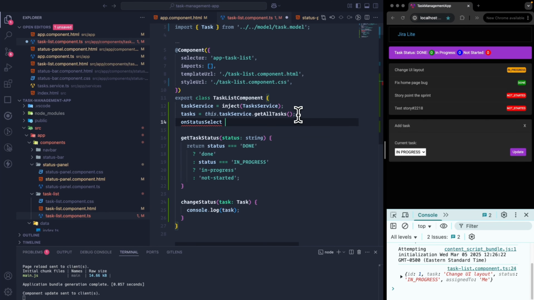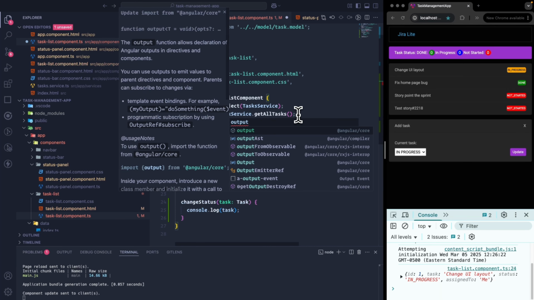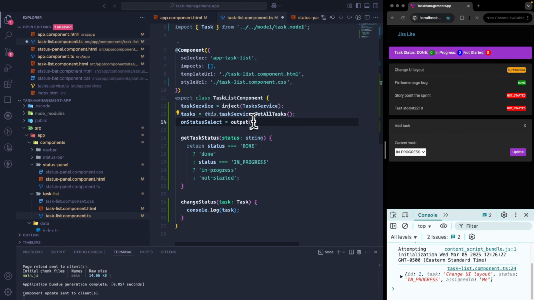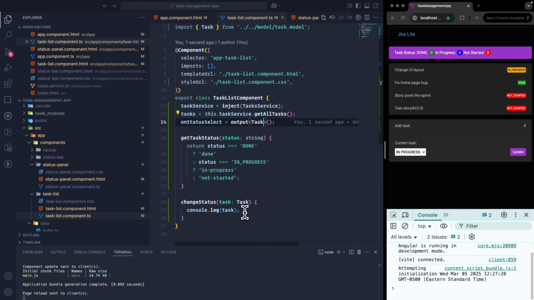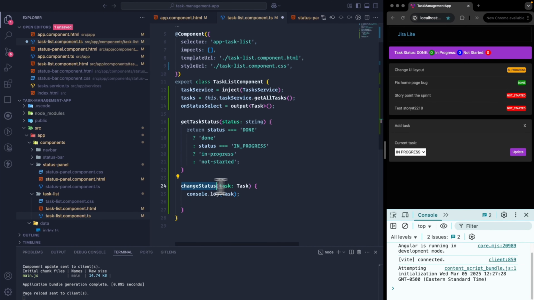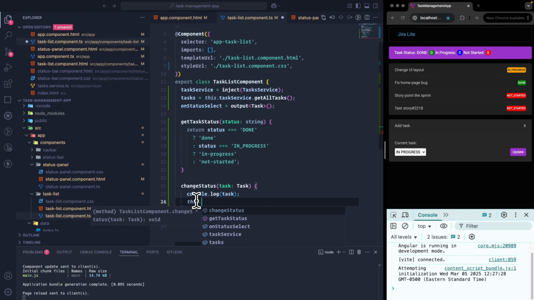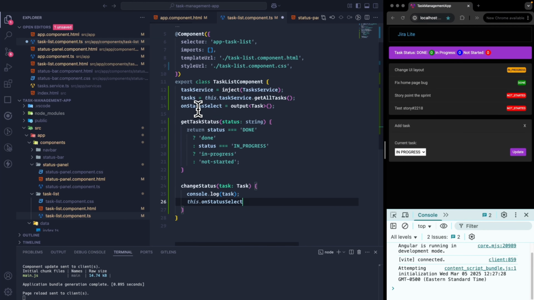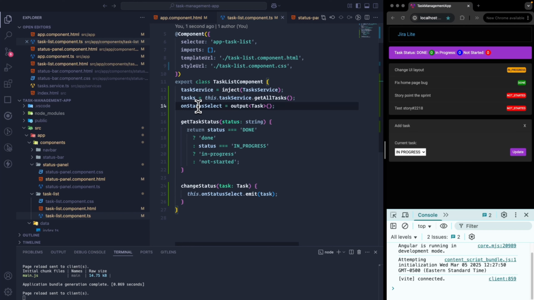status select equal to output. And to be very specific, I'm saying this output would be of type task. And whenever this change status is triggered, please emit this particular event emitter with the task. And let's remove the console here. Since we know that this particular event is getting emitted, let's go to the